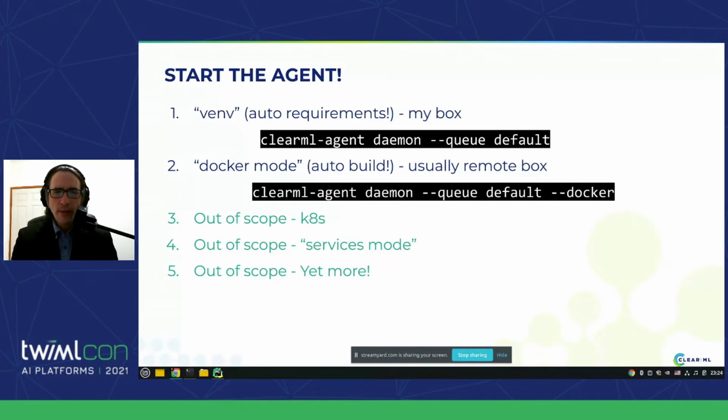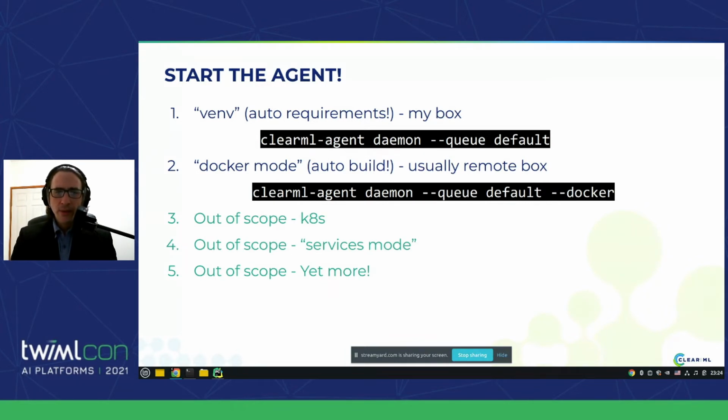And the other thing, which I call Docker mode, is usually done on remote boxes. The daemon actually starts within a container that is built on the fly from your requirements and based on a main container that you can configure. We have a default, it's the NVIDIA one. So that means that whenever you're running the daemon in this way, everything works just right on your cloud environment. You don't have to install drivers or anything else. And also you don't have to manage 1,000 containers because containers are built on the fly.